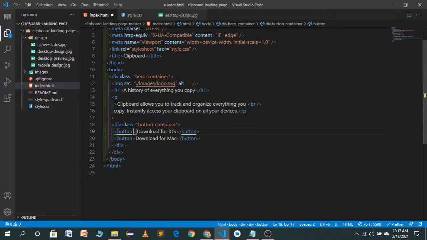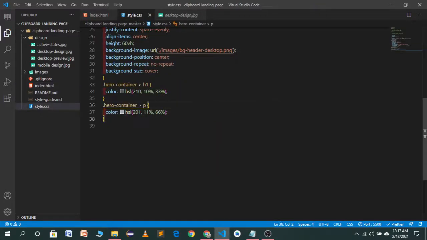So we will give a class name. This will be ios-btn and this one will be mac-btn. So let's go to our style file and target these buttons.